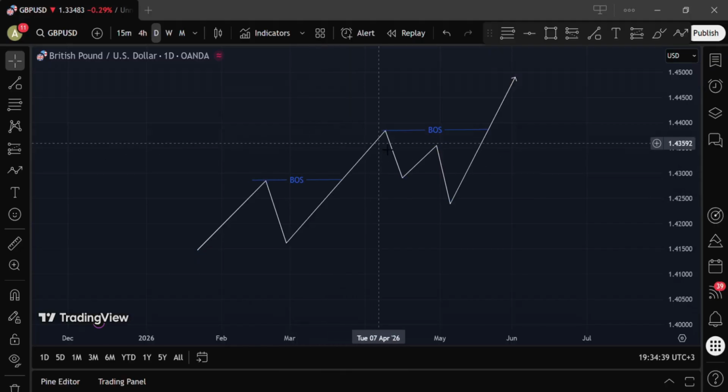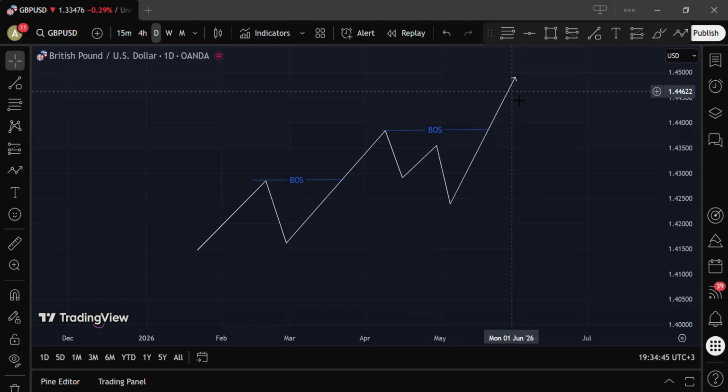So in this movement, either this one or this one here, normally there are imbalances that are left behind. So what the market does, it comes back to retrace into those imbalances. We say that it is coming to fill them and then continue with the direction it was going. So here